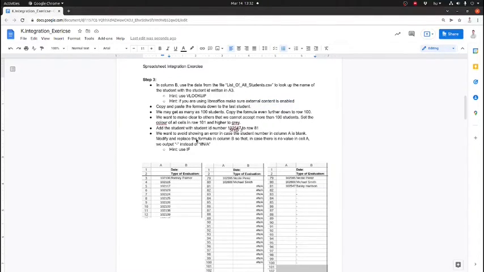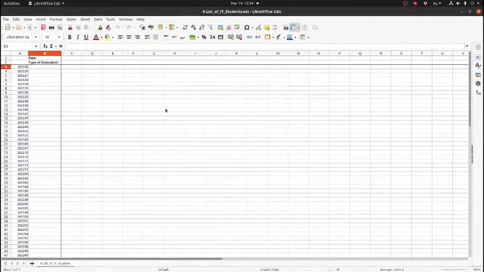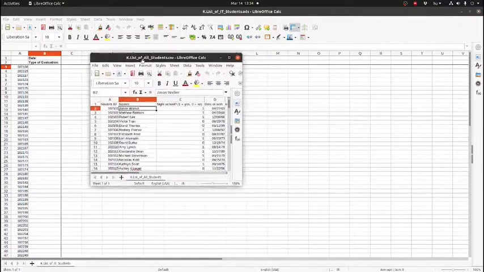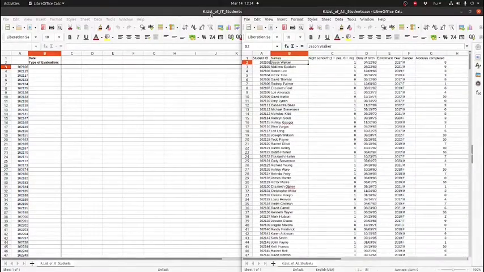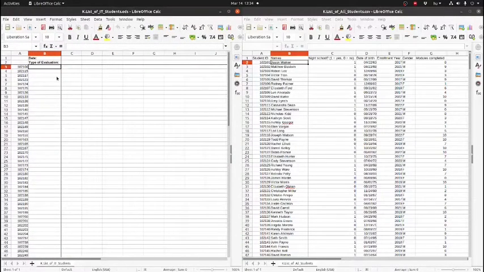Let's have a look. So I have them both open. Let's open them side by side to make it just a little bit easier. I'm just going to click and drag and move it all the way to the right hand side and do the same with the other. And I'm going to use VLOOKUP over here. So I'm just going to type equals